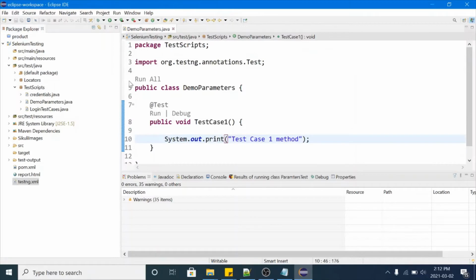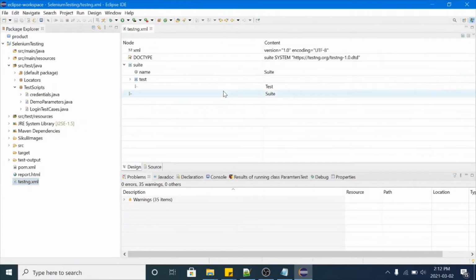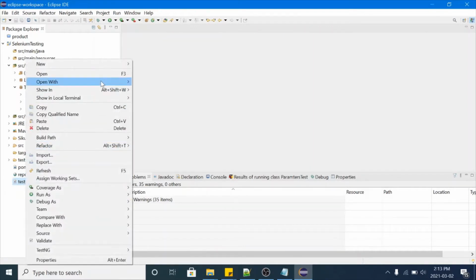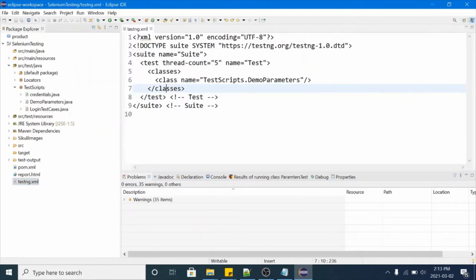Have a look. We got one testng.xml file here. Okay, so when you click on this file, you will just get this. This is the default editor, and if you want to see it as an editing file or simple file, or you want to edit this content, you can right click on this one and click on open with, click on text editor. Okay, have a look.